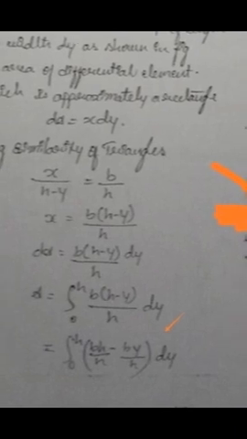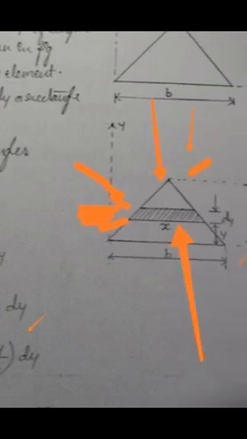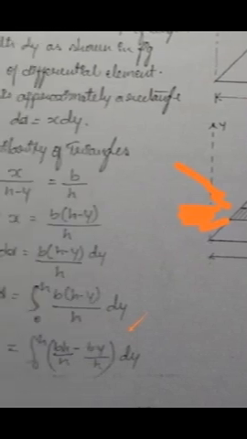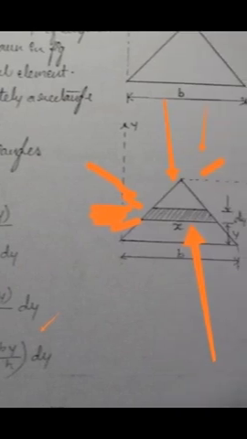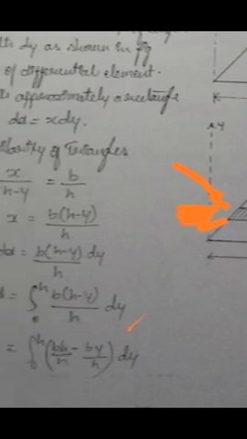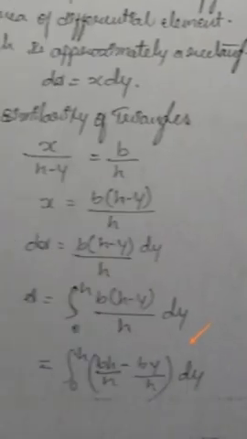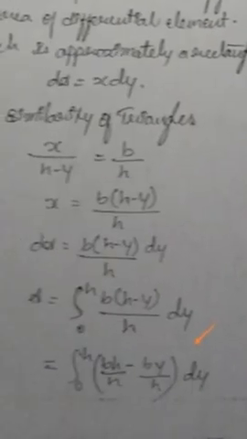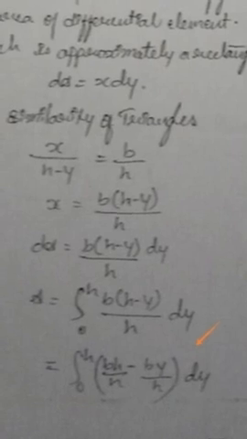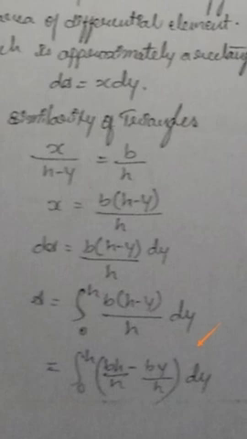But in the previous derivation, what we have taken, from 0 to a we integrated, but here you have to integrate from 0 to h, because we are working with respect to height, so we can't do it with respect to a. So that's why you have to do it with respect to height. The limiting values here are from 0 to h, the upper limit to the lower limit, and integrate both the right hand side as well as the left hand side.